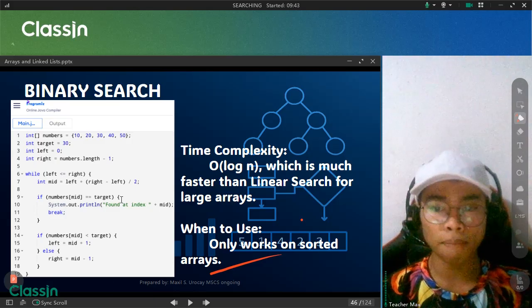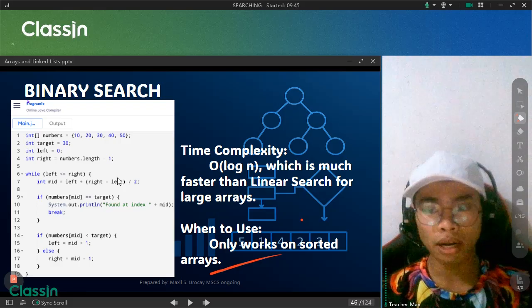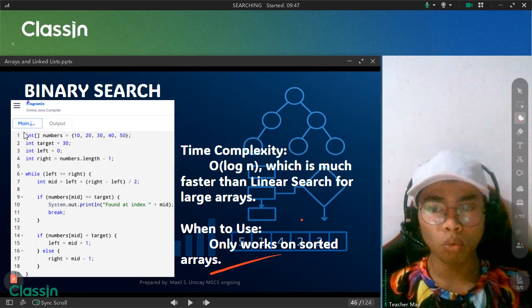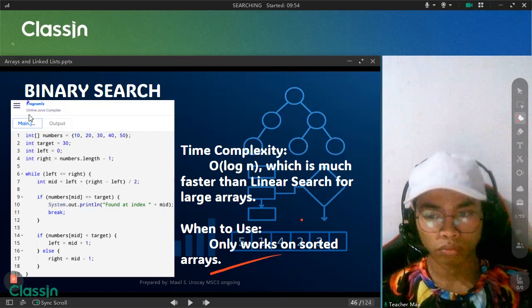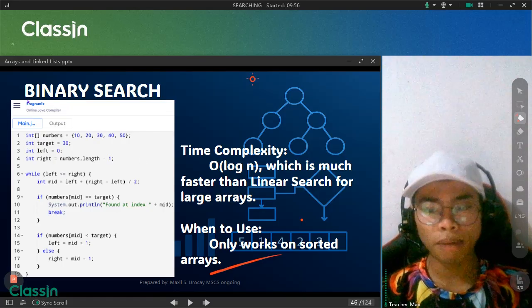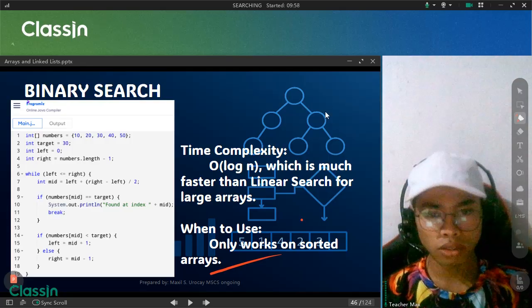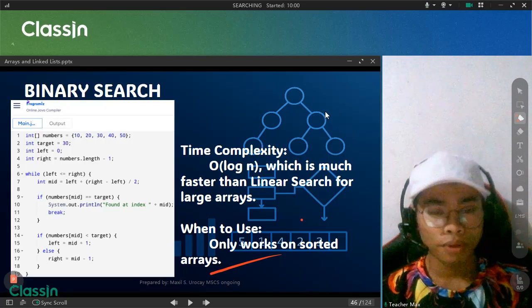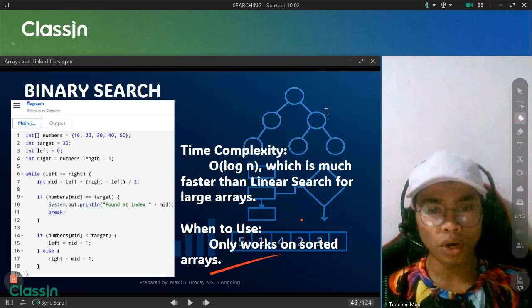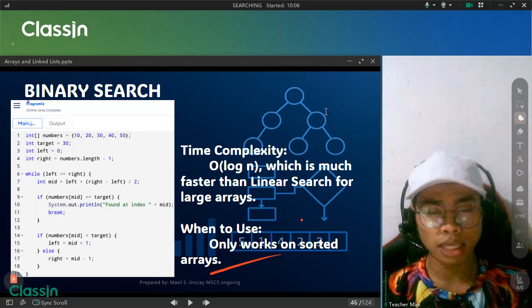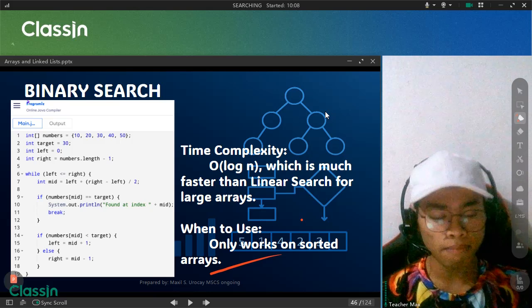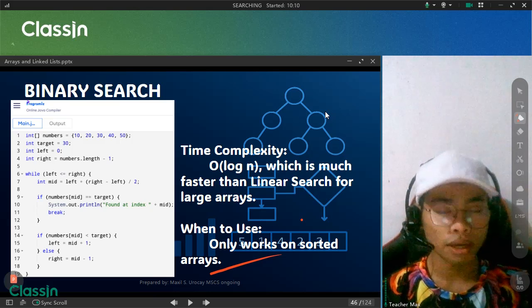So say, for example, in our binary search, we will be going to deal with those numbers. So for binary search, let me also discuss that one. As what I've illustrated to you earlier, we'll begin to have a start index and an end index, then we'll get the middle element.